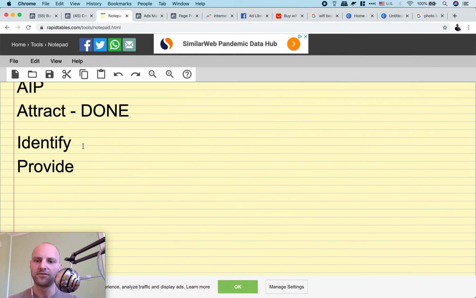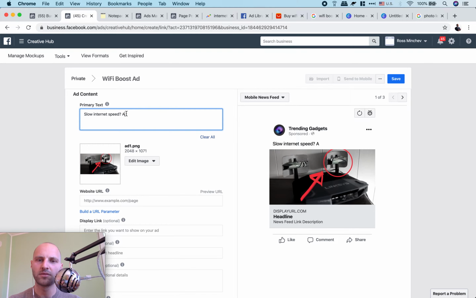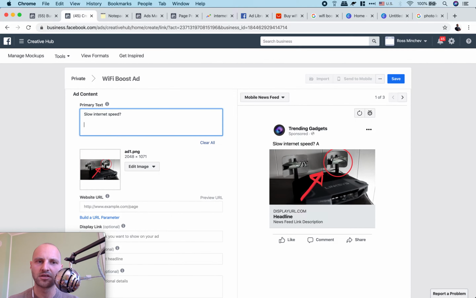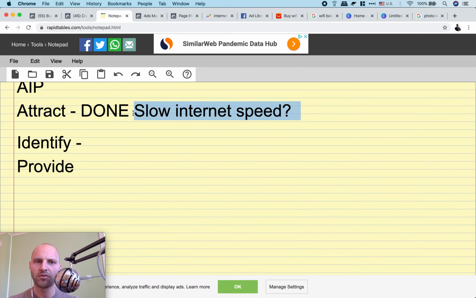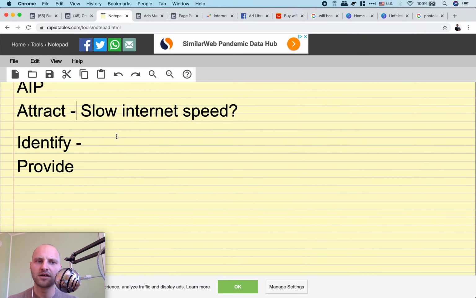Now we come to identify. So the identify, I can identify a problem or a solution or both. So in this case, I'm thinking about, you know what? I might identify both the problem and the solution. So I'm actually going to think of some copywriting text right now on the spot. So let me think about it. Now we have slow internet speed. Let me copy that and paste it here. This is our sentence. Slow internet speed, question mark. And then the identifier is going to be, I can say, lately,